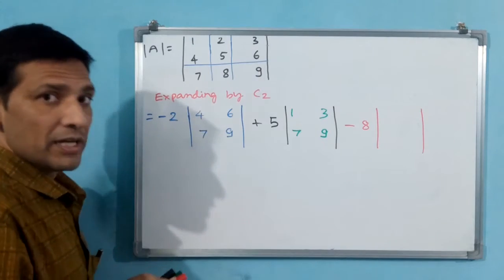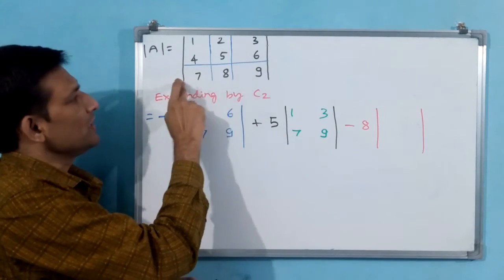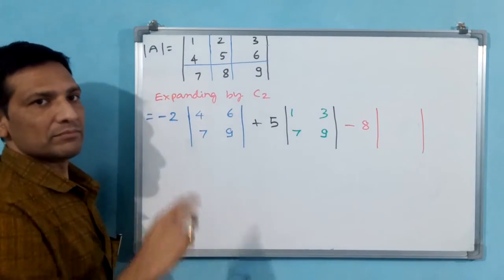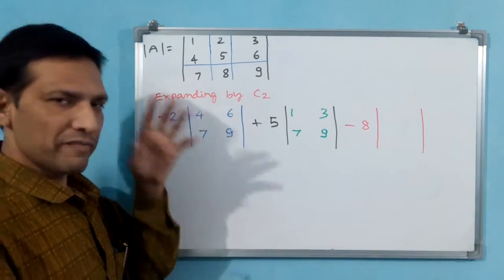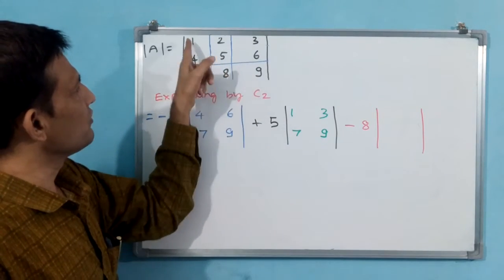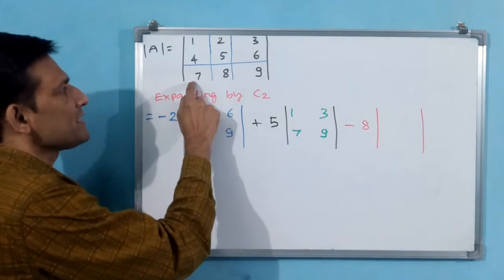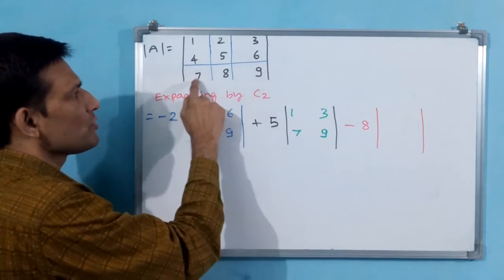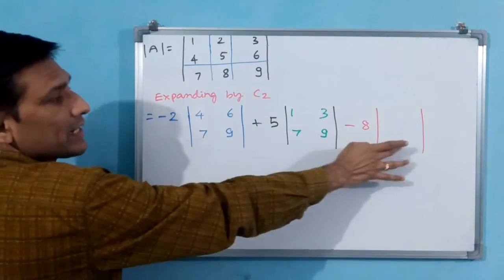Okay, now you see 8 is in third row, second column. Then you close third row, second column. This also with pen and all you did not close, you do it with brain only. Okay, second row, third row, second column we have closed, means 1, 3, 4, 6 will be there. Why? Because elements in third row, second column you should not take. That means 7, 8, 9, 2, 5 you should not take here.